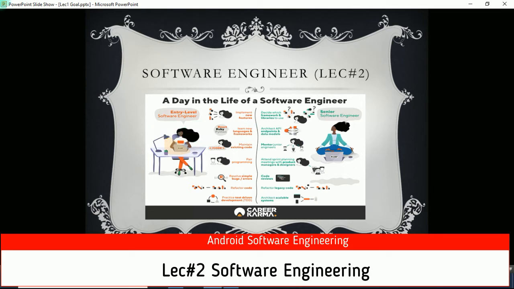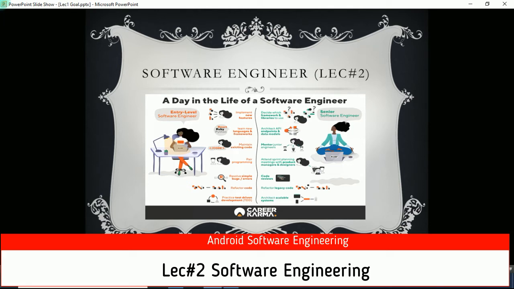They implement new features in an application which is already created, learn new languages and frameworks, maintain existing code, do pair programming, resolve simple bugs and errors, refactor code, and practice test driven development. Means an entry level software engineer should implement new features in applications.